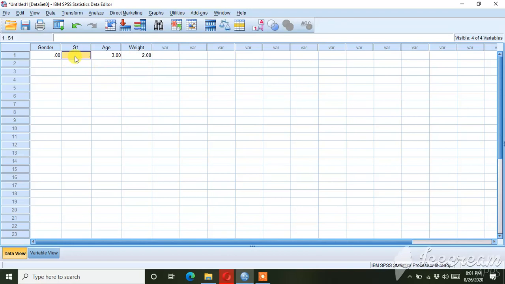And here, this was about the ordinal scale. So we have the quantum of 1 to 5. So let's suppose the respondent has clicked on strongly agree. So you mention here 5. So this is how you can